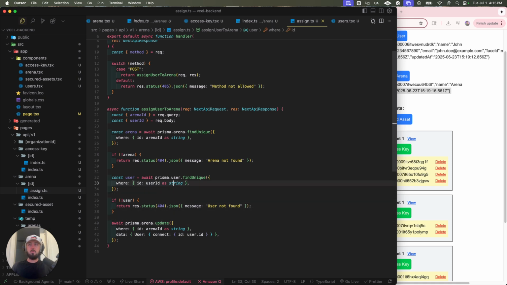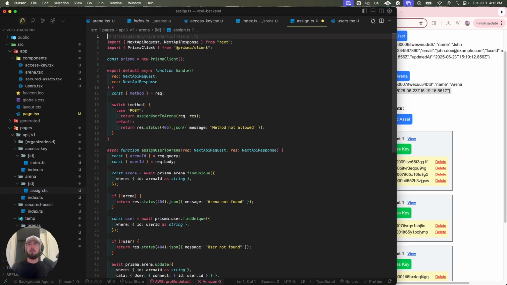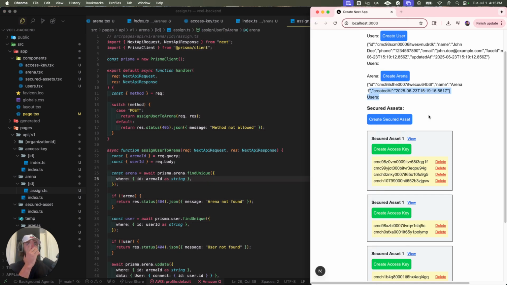Okay, so that's awesome. We have a little preventative statement here. An arena needs to exist. So I need to be passed the arena ID in the query, and let's see. Let me get a curl request. Can you make a curl request for this API? I want to test it. Boom. Okay, so the idea is I want to assign users to arenas, and then...